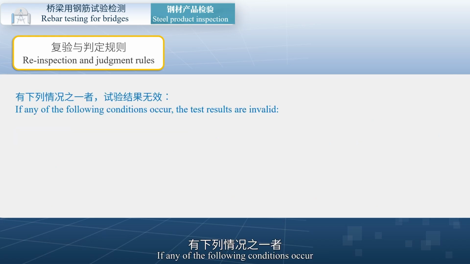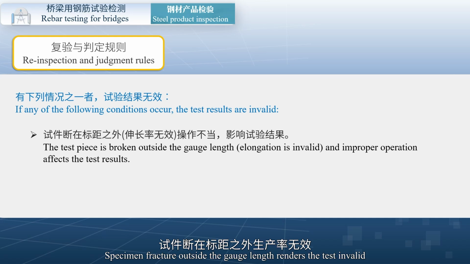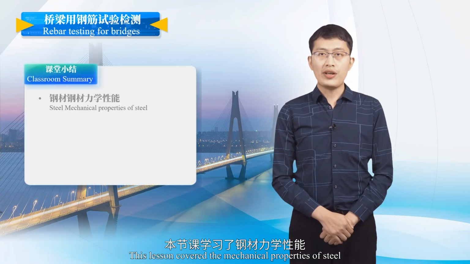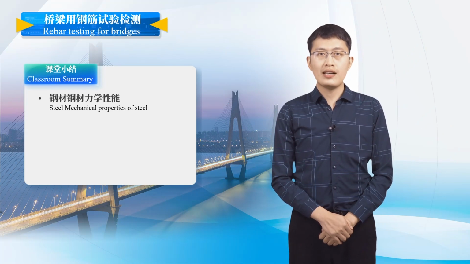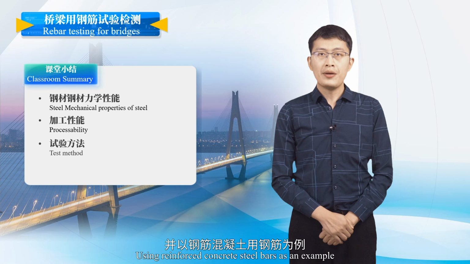If any of the following conditions occur, the test results are invalid: specimen fracture outside the gauge length, improper operation affecting test results, incorrect test recording, or equipment malfunction. This lesson covered the mechanical properties and workability of steel, and knowledge such as test methods,